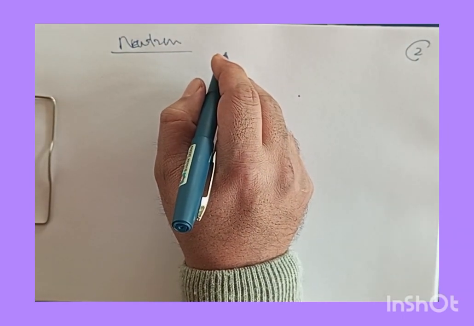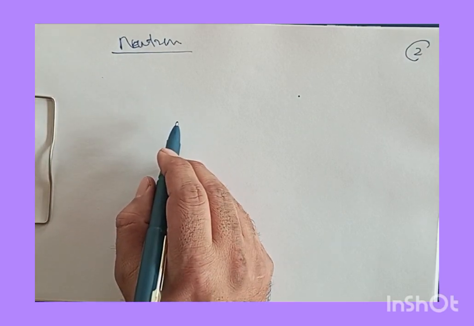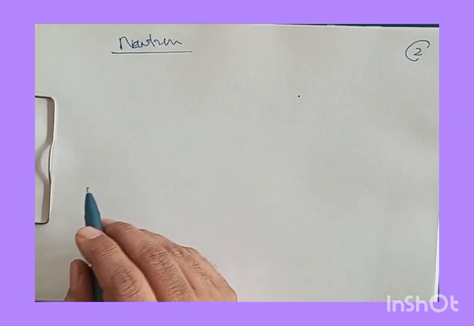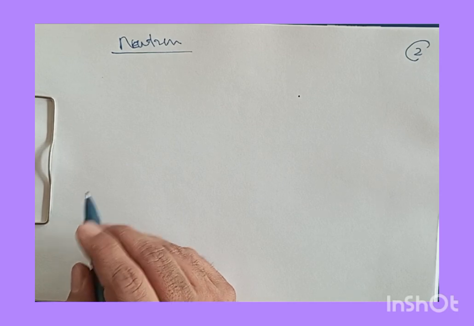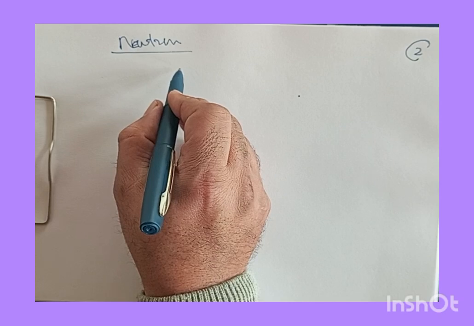So what was the basis of discovering the neutron? What Chadwick did is basically he chose